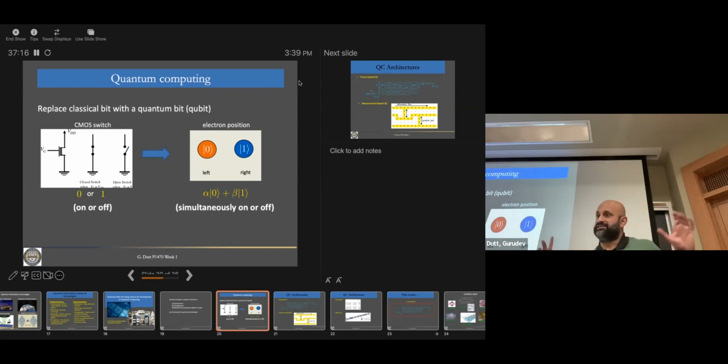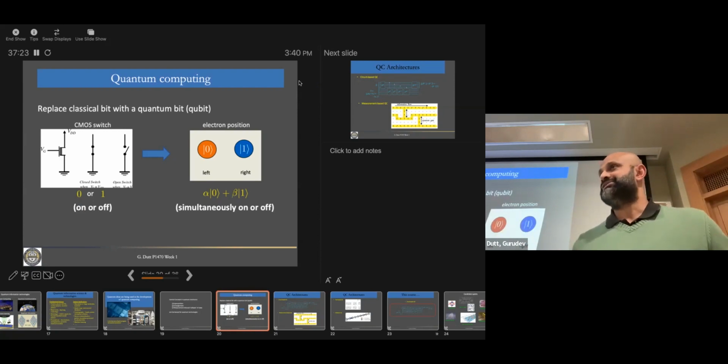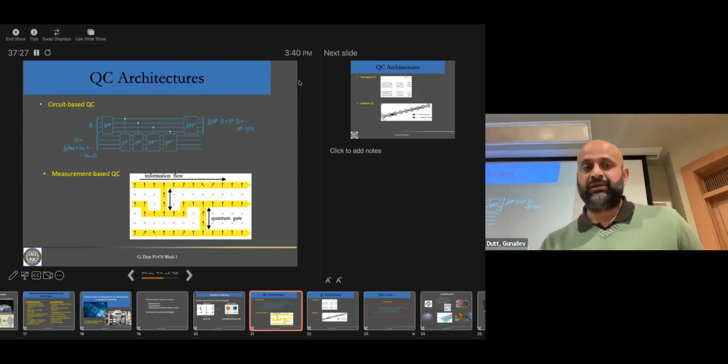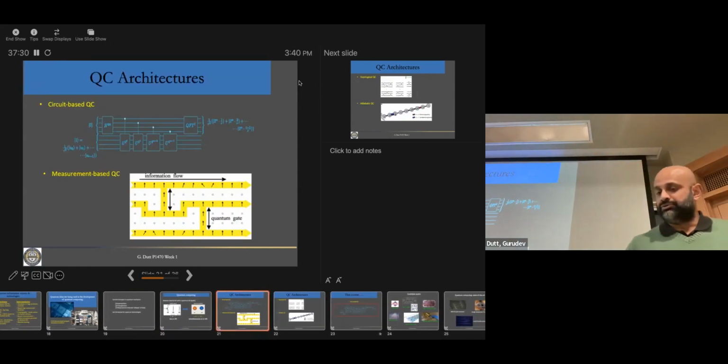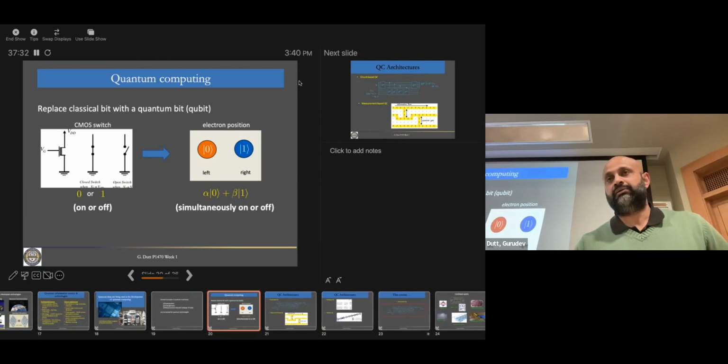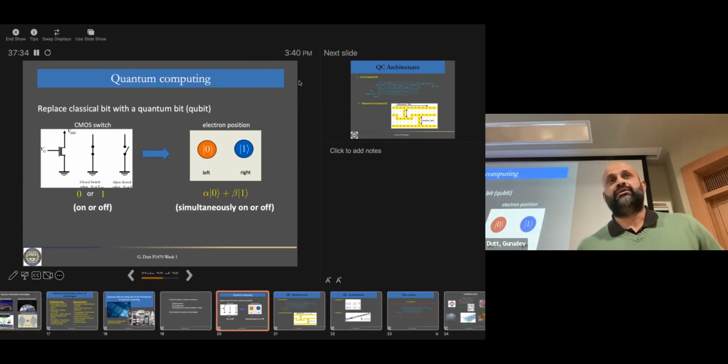But people like to say, oh yeah, it's simultaneously on and off. It's not really true, but it's okay to say that, and we might often use that language, but we will make this all more rigorous as we get into the course. So before we get into what this qubit is and how coherence works and how entanglement works and so on,